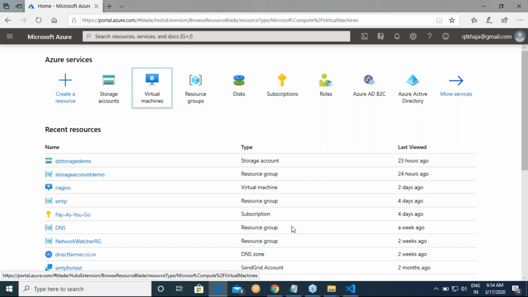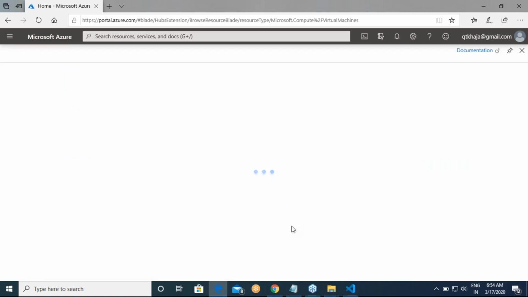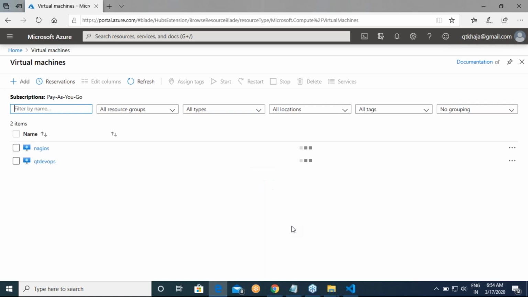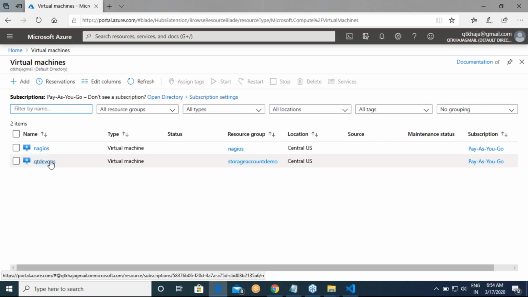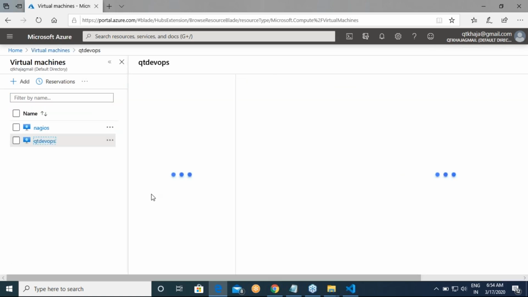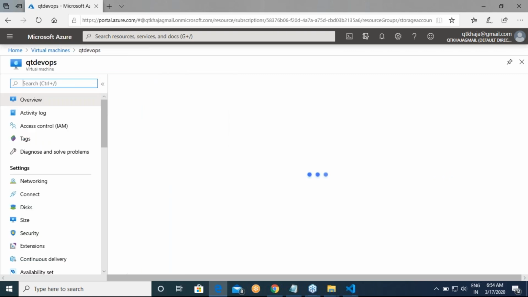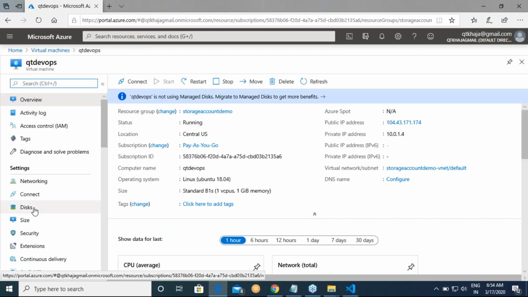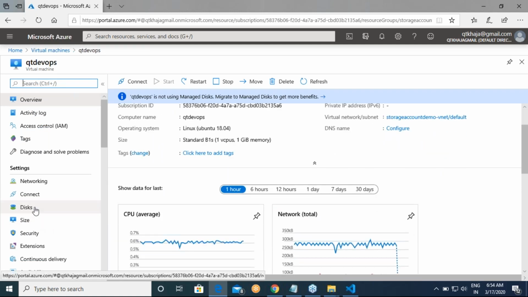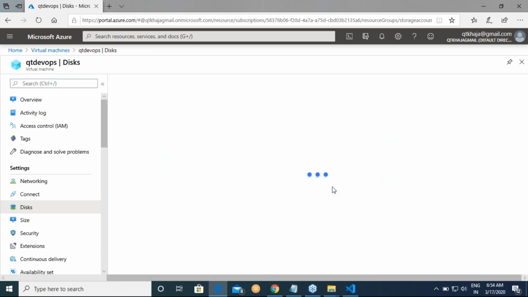Okay. So let me get into my virtual machines. I think this was the machine. In this machine, what we are interested in is hard disks.